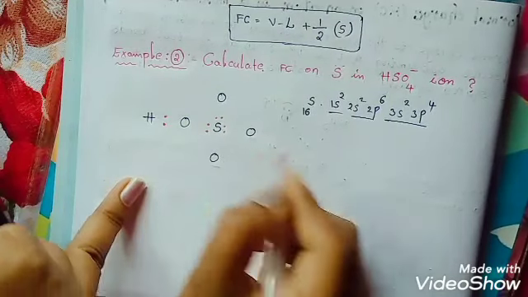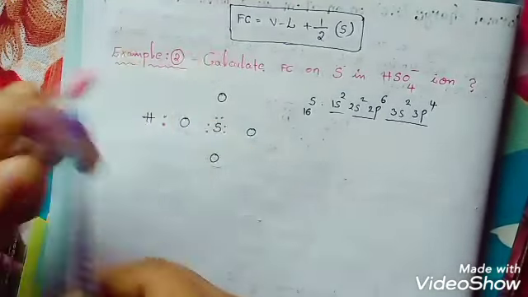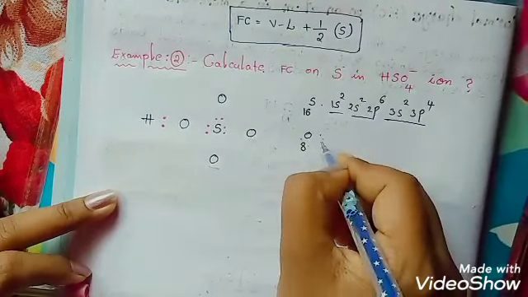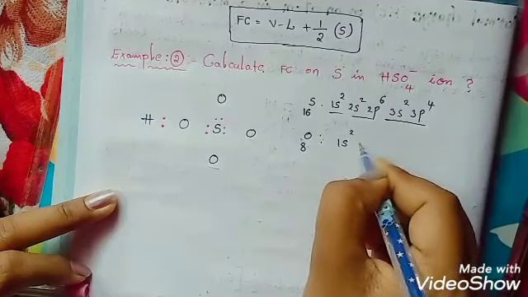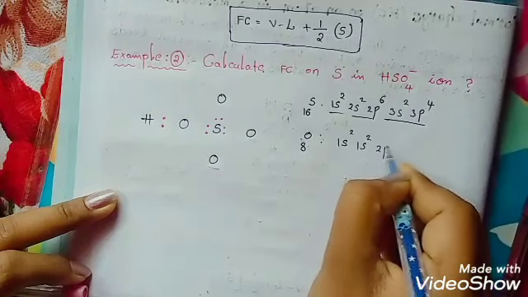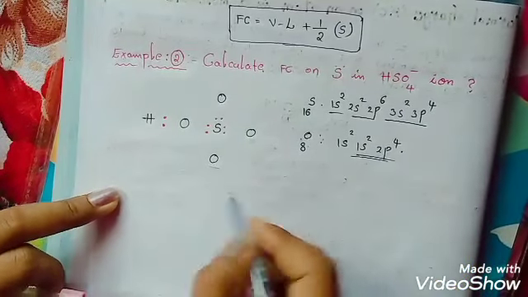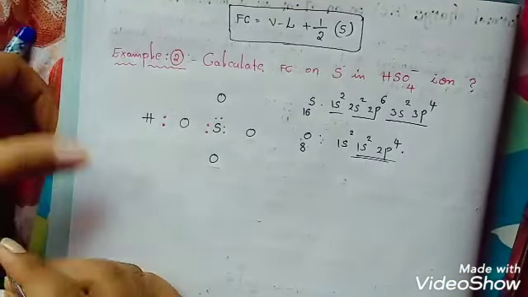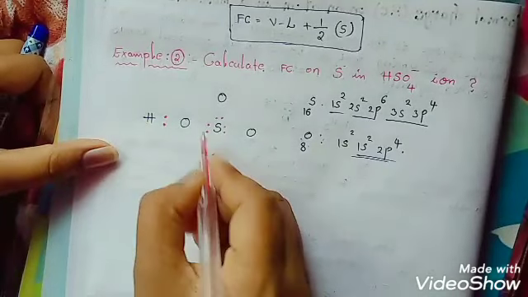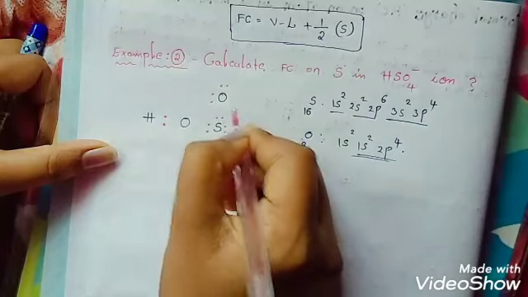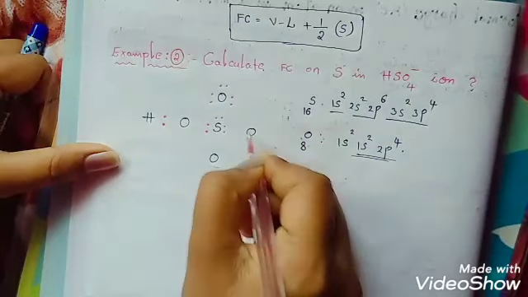5, 6. And coming to the oxygen, atomic number 8, the electronic configuration should be 1s2, 2s2, 2p4. For this also 6 electrons are there. We can represent like this: 1, 2, 3, 4, 6,